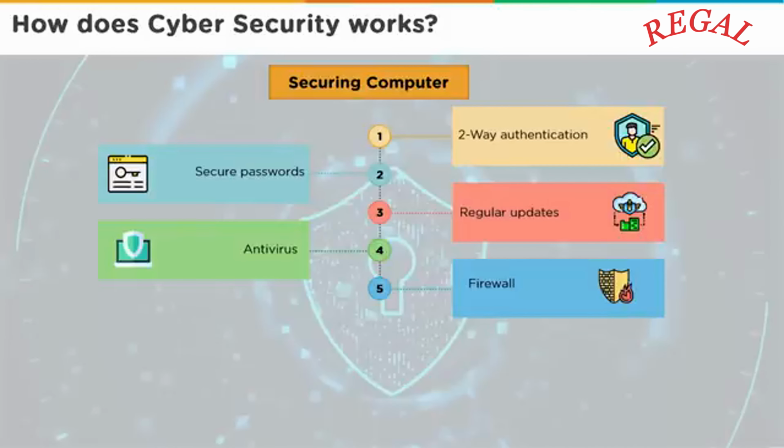Installing a firewall on a system or a server. A firewall essentially is a software or a hardware that allows or disallows some functionality. For example, a port to be opened or closed, or a service to function on a computer or not function on a computer. Thus, what you're trying to do here by disabling unwanted services is you're limiting the threat landscape that you're creating for your computer. If a service doesn't exist on your computer, it cannot be hacked. So the essence here is first identify which ports you'll be using, which services you will be using, and then create a policy on the firewall to ensure that only required ports and services are running.